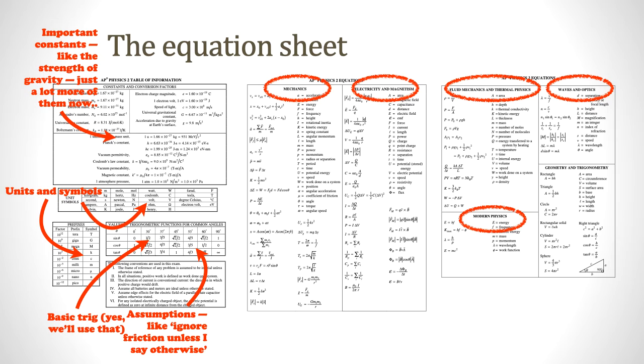The first one there, the wave speed, relates velocity with wavelength and frequency. Now you've got a lot more. A bunch of that stuff has to do with how lenses form images. And then you've got your block of geometry and trig still, which you hopefully remember from last year. Same stuff, you still got that triangle there to remind you about opposite over adjacent and Pythagorean theorem and all that good stuff.